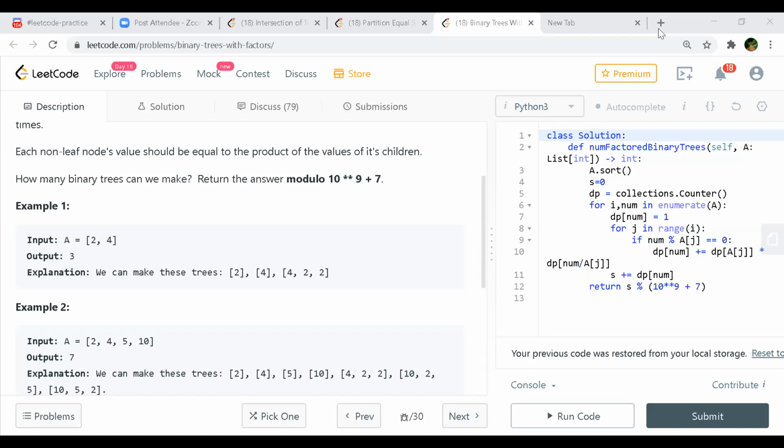4 by 2 becomes 2. 2 is already in the hash map, and we can have the repetition. So 4, 2, comma 2 becomes part of the solution. Then we come to 2. There is nothing next to it, so we'll just give 2 as the entry. So this will also become O of n square. It will be O of n log n for the sorting, then O of n for putting the elements in the hash map, and then O of n square